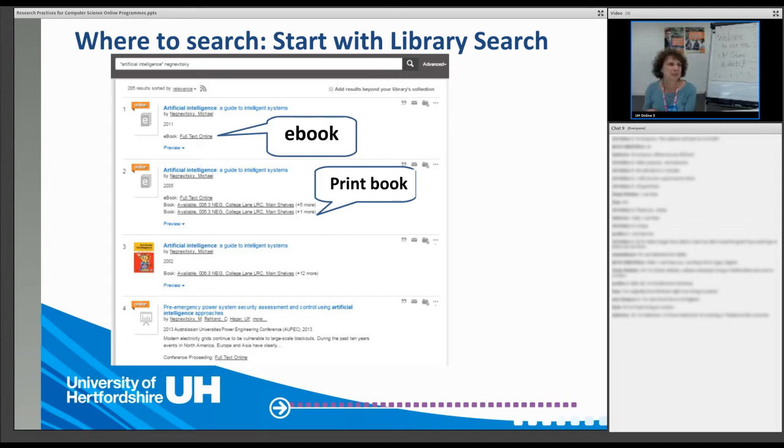The next example here is a print book. Unless you live close to the campus, that's not helpful for you, but hopefully you will also have your own local libraries that you can use. And the other item that's come up here is an article. It's a conference proceeding. Again, that's full text online. So the message really is that you don't have to pay for anything here. These collections are already part of the university's